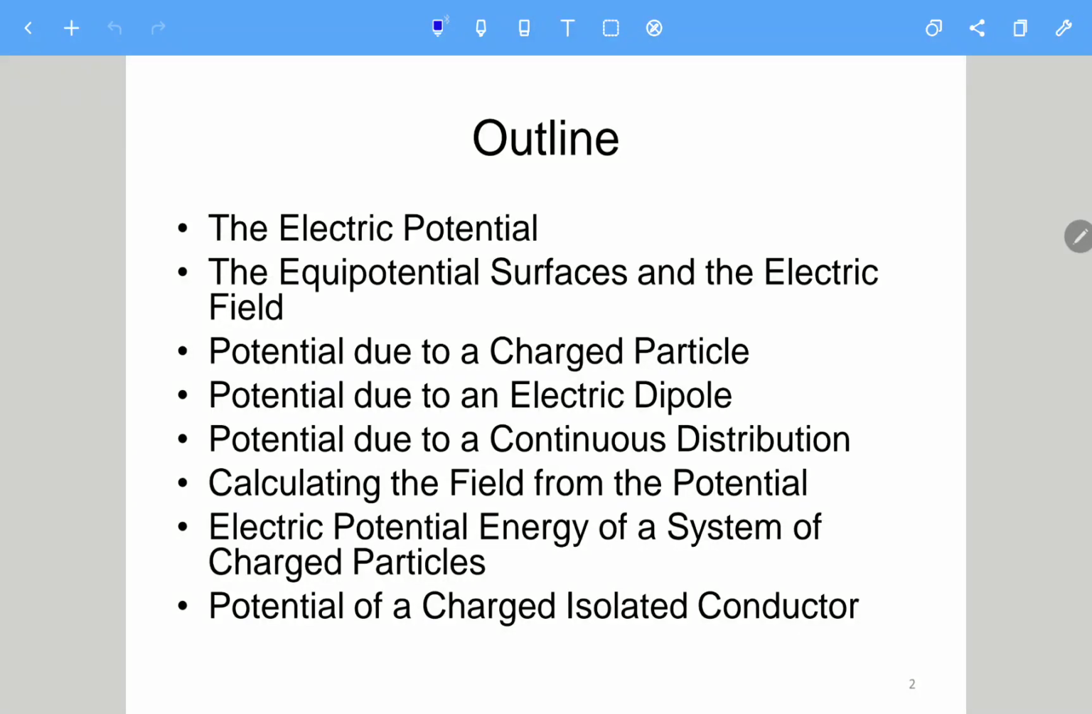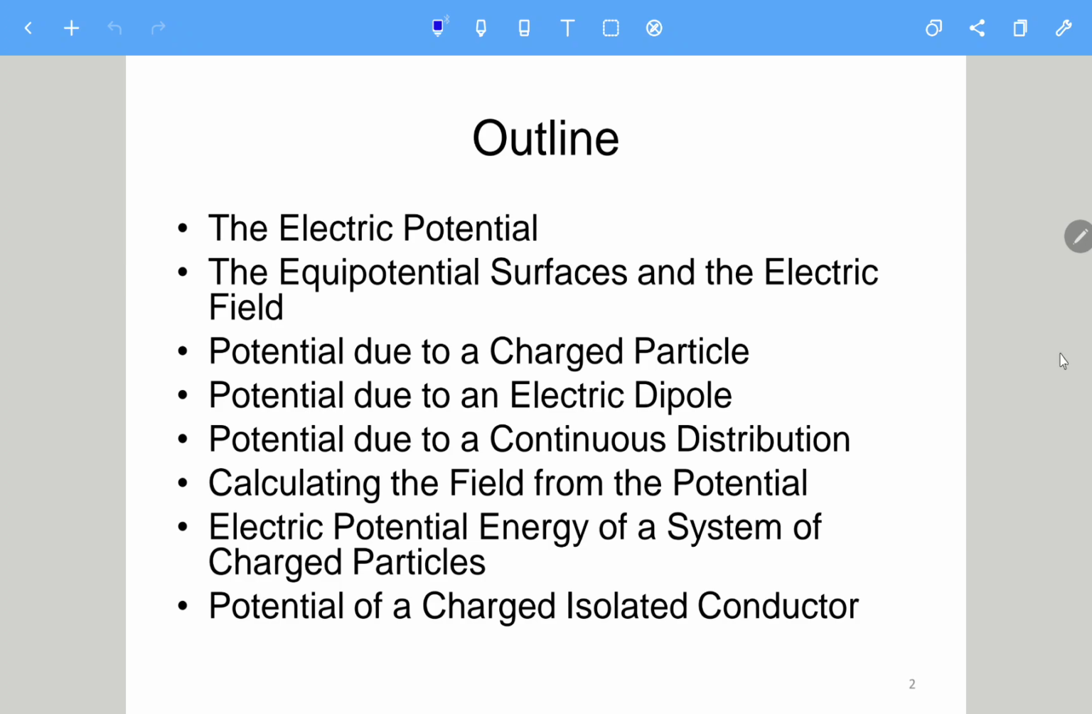This is the outline of chapter 24. So we will introduce a new variable called electric potential. And then we will also introduce something called equipotential surfaces, which is related to the electric field lines we introduced before. Okay, and then we'll also introduce how to calculate the potential for different structures, like potential due to a charged particle,